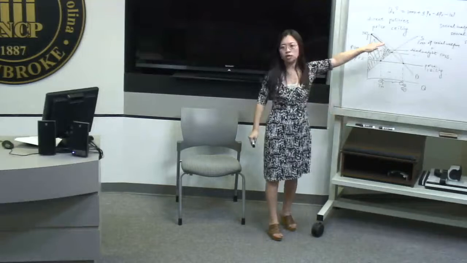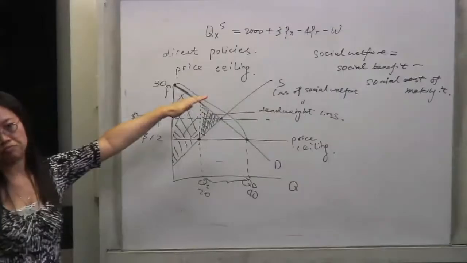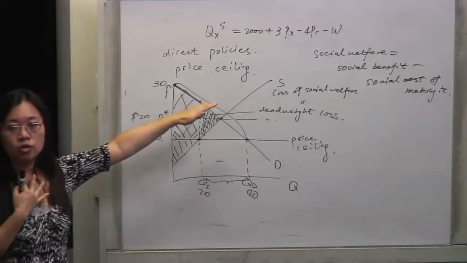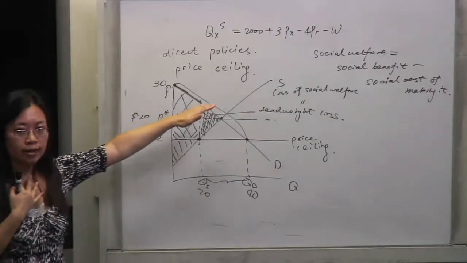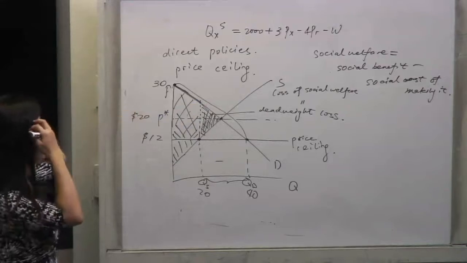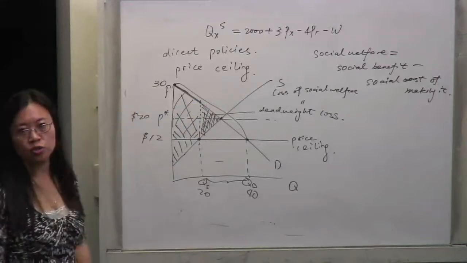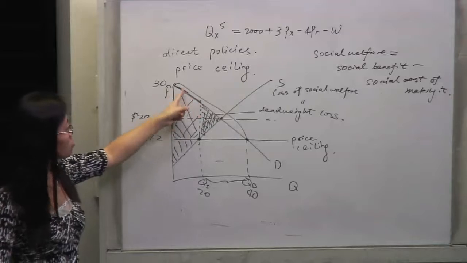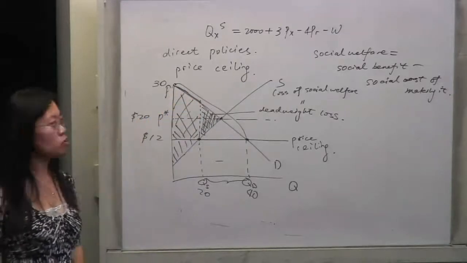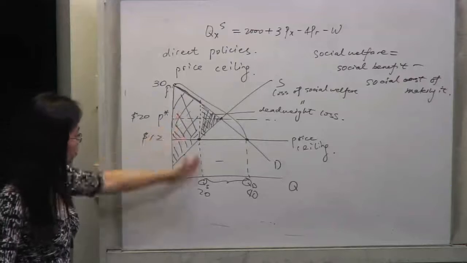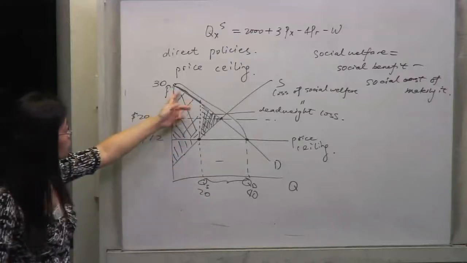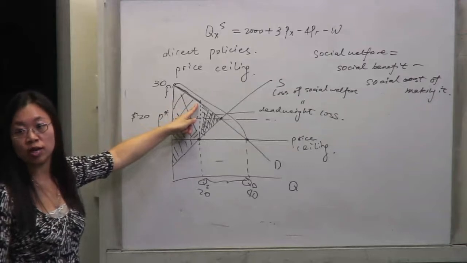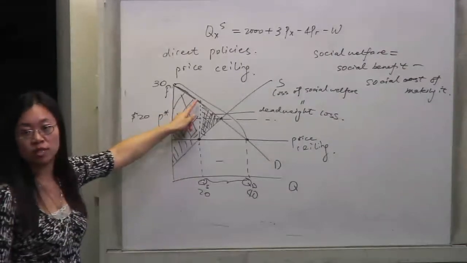Okay, so now let's look at where the social benefit is. We talk about social benefit as the actual satisfaction gained, the actual utility gained. Who gained it? The consumers gained it. Those consumers, determined by our previous analysis, bought this good and are able to gain the satisfaction, so they enjoy the social benefit.